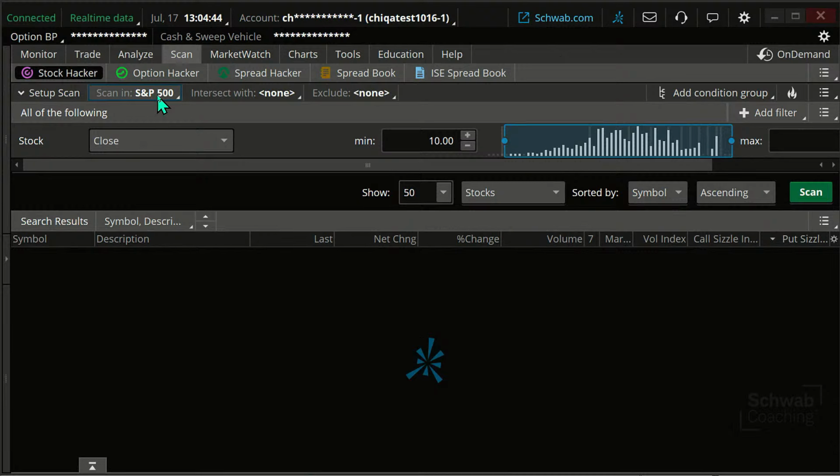Now, let's say I want to have a goal of creating a list of liquid stocks. That's the goal we're going to do here, liquid stocks. The cool thing about this list is that once we create and save it, we can not only use it as a watch list, because it will automatically save as a watch list, but we can use it embedded in another scan. If that didn't make sense, I'll demonstrate that to you in just a little bit.